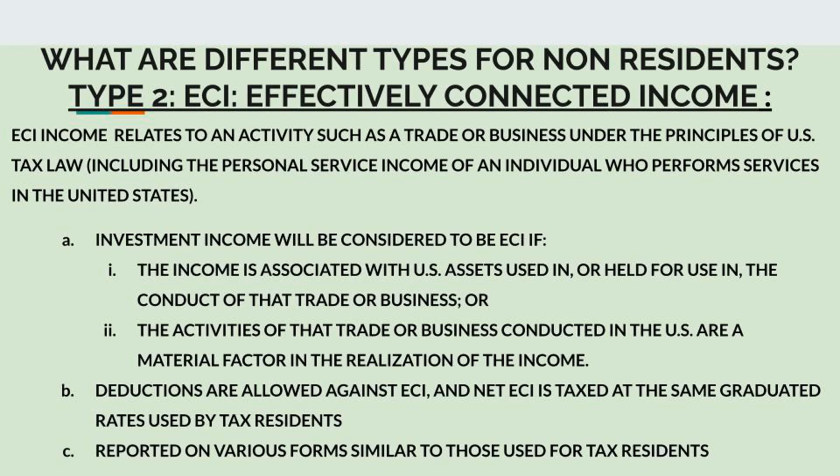even though by definition under the prior type that we spoke of they might be considered FDAP, is if the income is associated with a U.S. asset used in or held for use in the conduct of that trade or business. So even if you hold an asset for investment, but you use that asset in a trade or business, that income also falls under the ECI. Or if the activities of that trade or business conducted in the US are material factors in the realization of